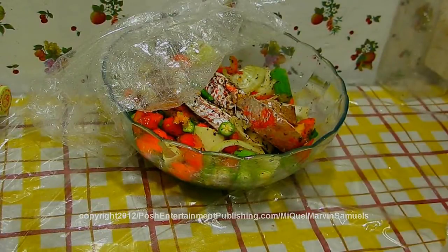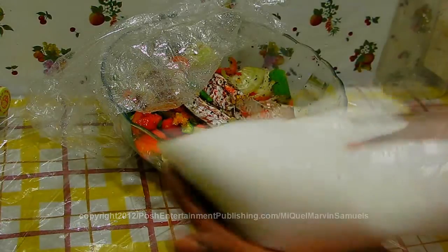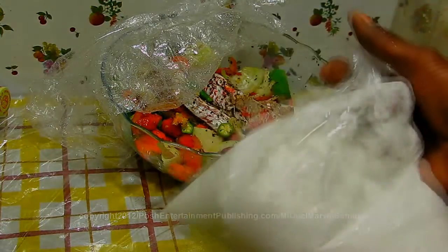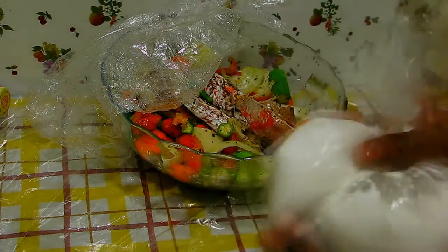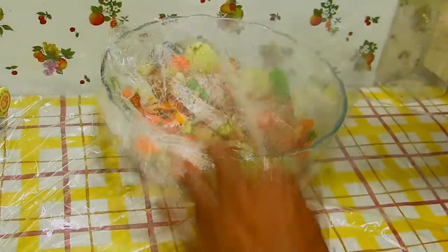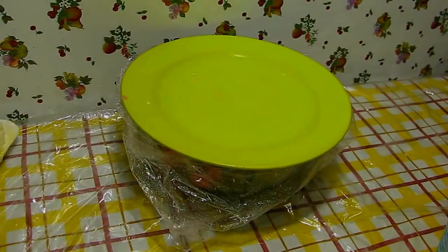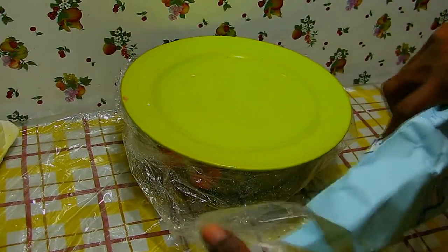So that's my fish marinating, and this is 3 cups of coconut milk, 1 coconut and 3 cups of water. It's probably 4 cups, but the coconut juice might add a cup. Add 1 cup of flour,